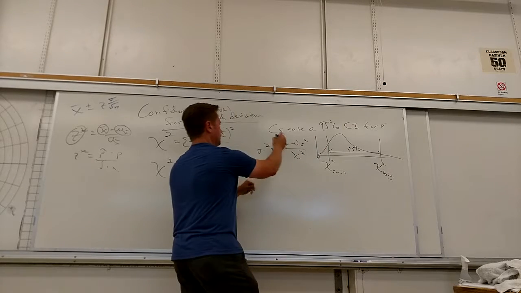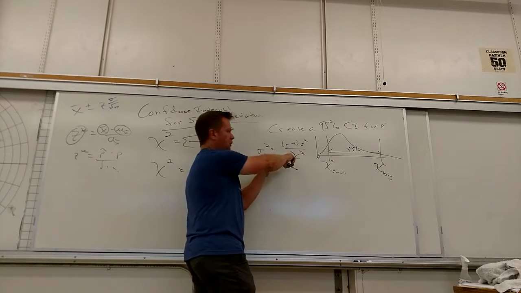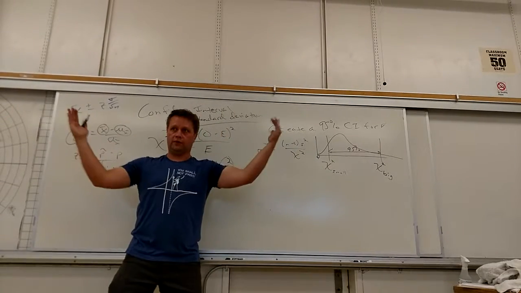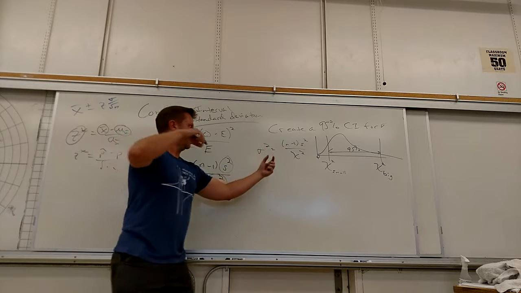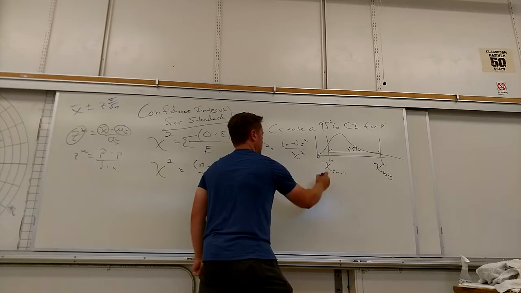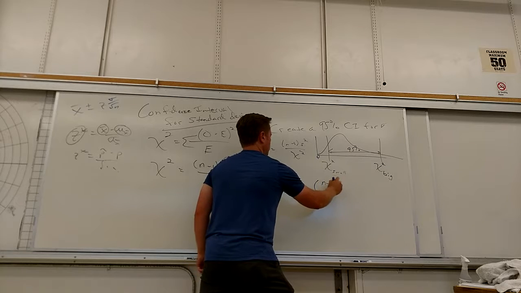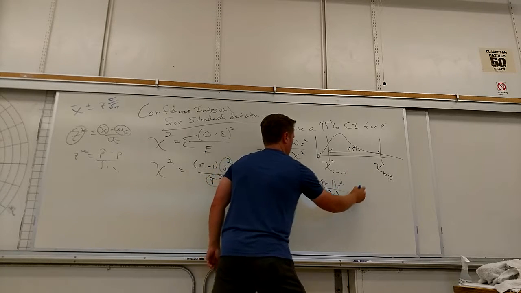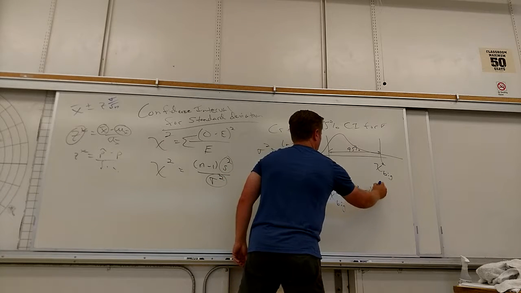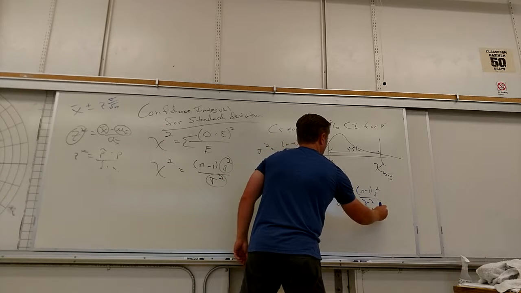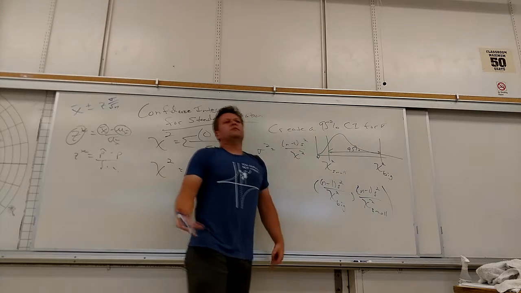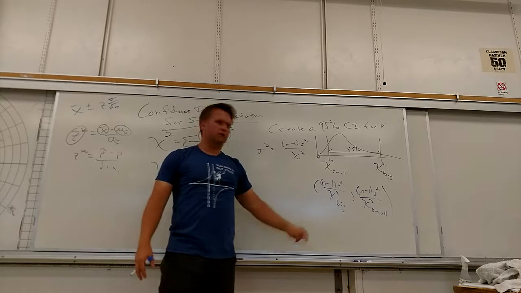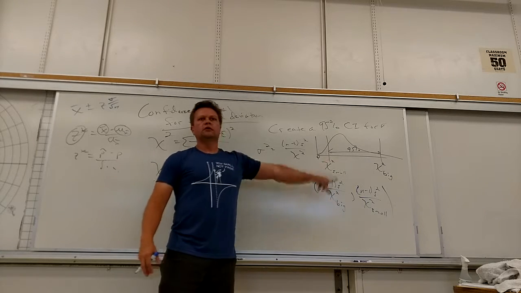So this is the basic form of what we're going to use, but we're going to make the bottom and the top of the interval. Let me see if you guys get this. The interval is going to go from n minus 1 s squared over chi squared big to n minus 1 s squared over chi squared small. Why does that make sense? When you divide by a small number, you get a bigger number. When you divide by a big number, you get a smaller number.